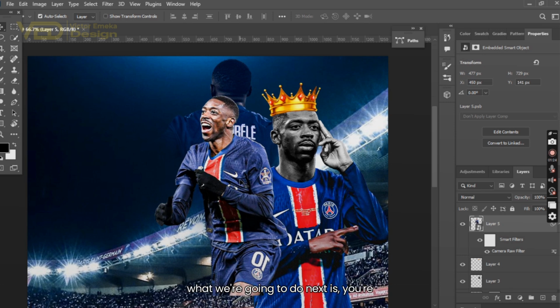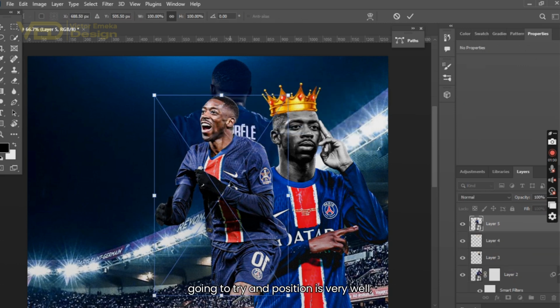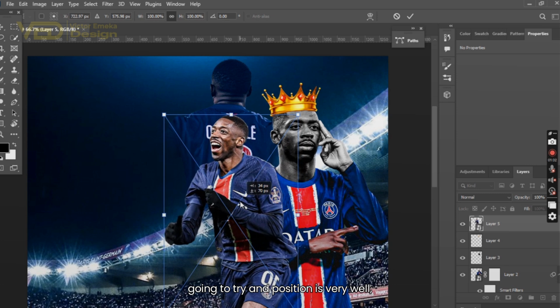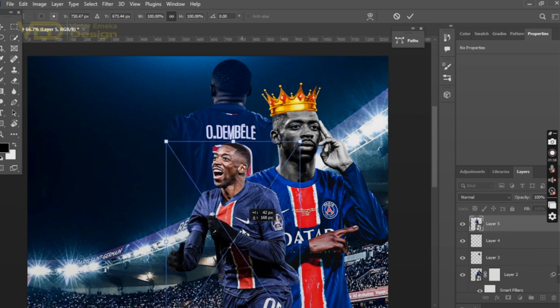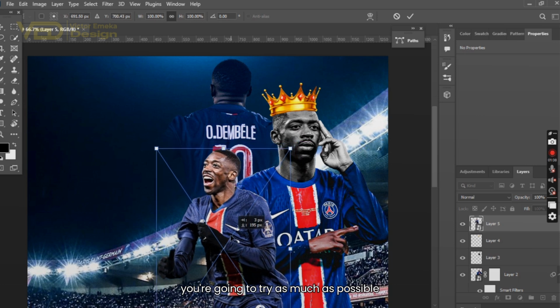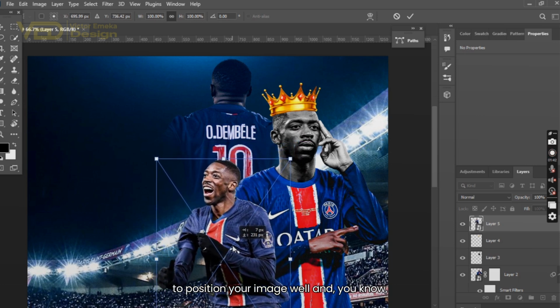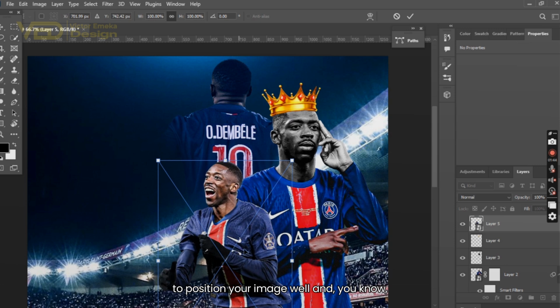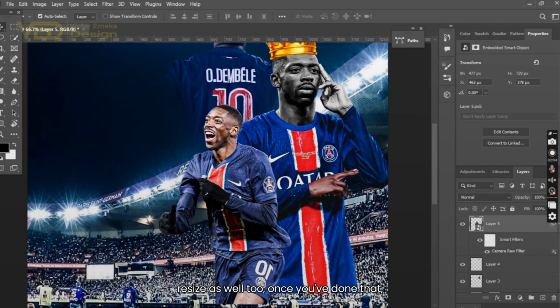So what you're going to do next is you're going to try and position it very well. You're going to try as much as possible to position your image well, and resize as well too. Once you've done that,